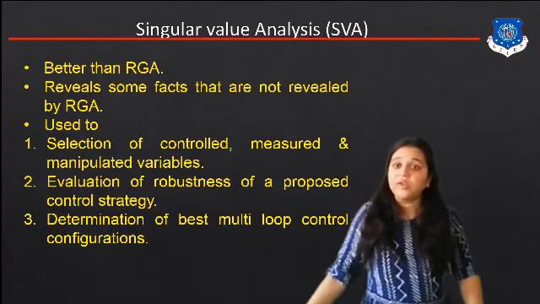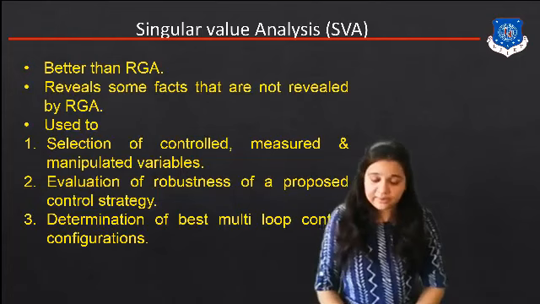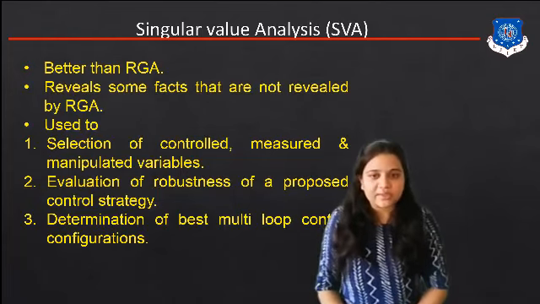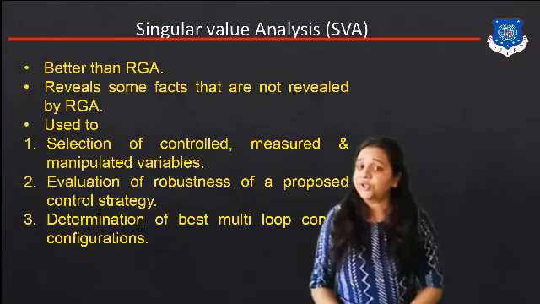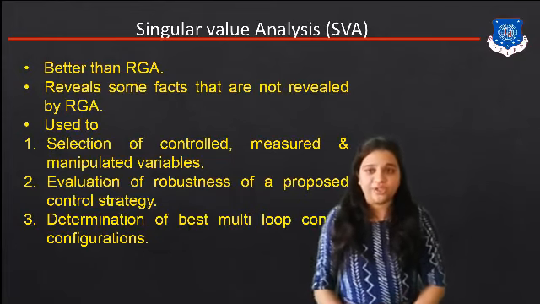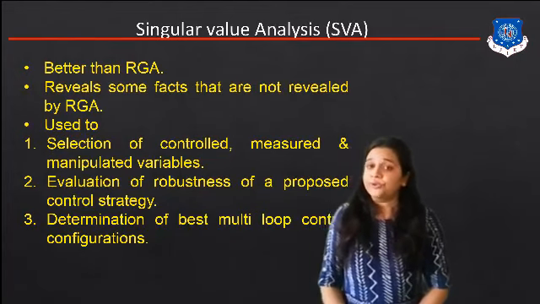Okay, so whenever we design the MIMO system, the most important thing is the best pairing of the system, and then we have to select the best controller, best measured variable and best manipulated variable